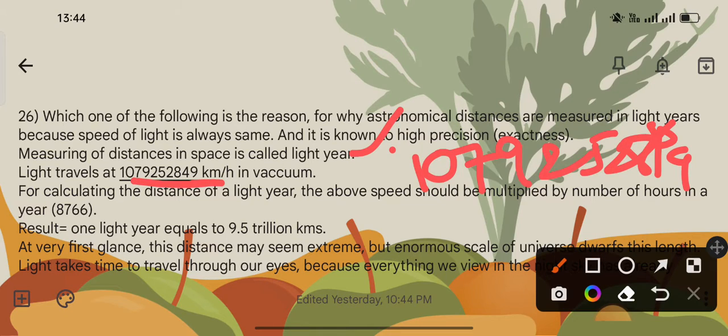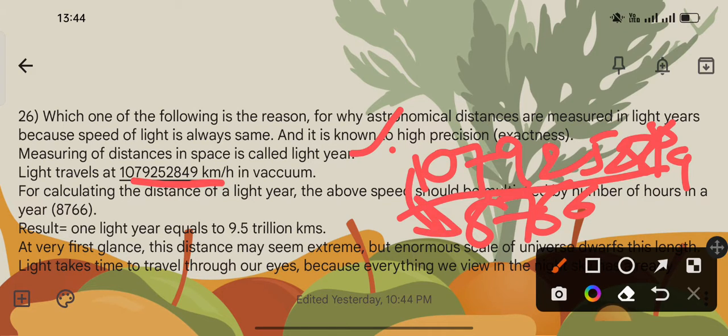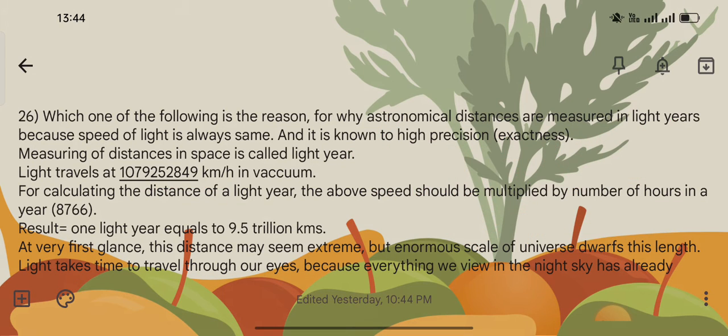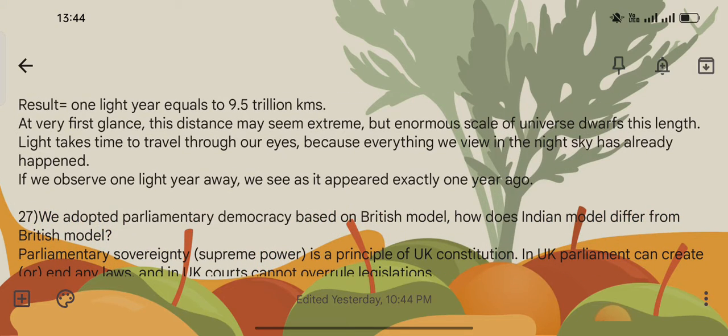should be multiplied by the number of hours in a year. This speed multiplied by 8766, the result is equal to 1 light year. That gives us 9.5 trillion kilometers, and that is the value of 1 light year. At very first glance, this distance may seem extreme, but the enormous scale of the universe dwarfs this length. Dwarfs means shortens this length, and light takes time to travel to our eyes